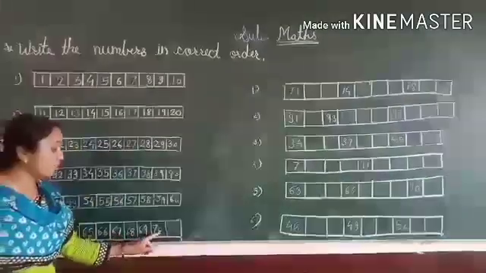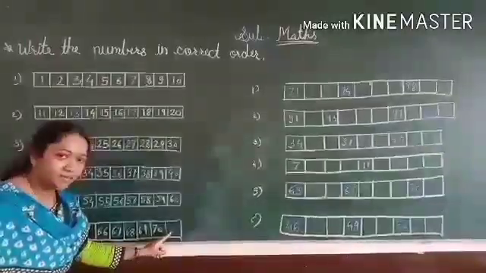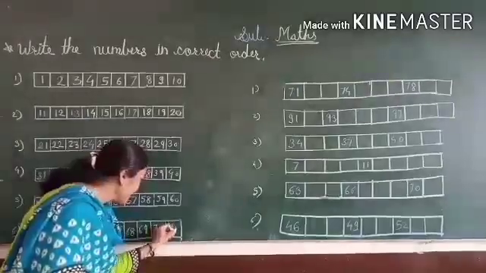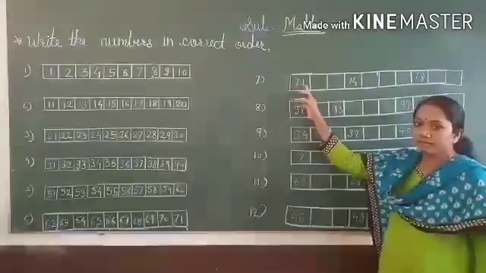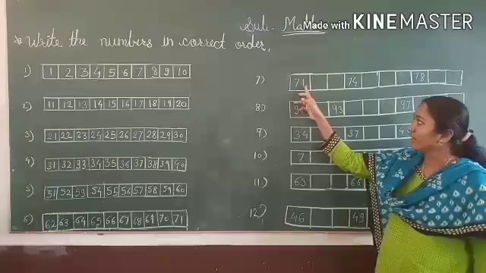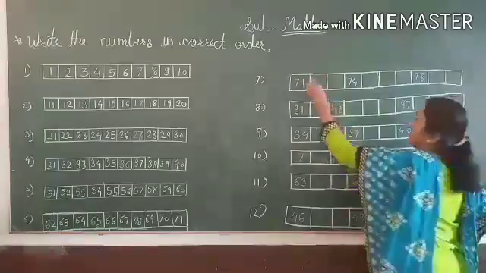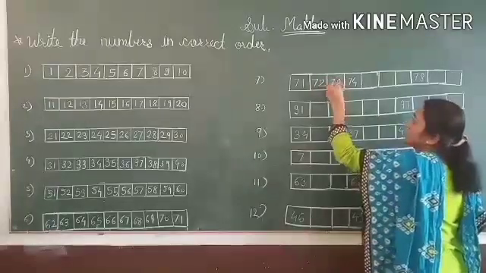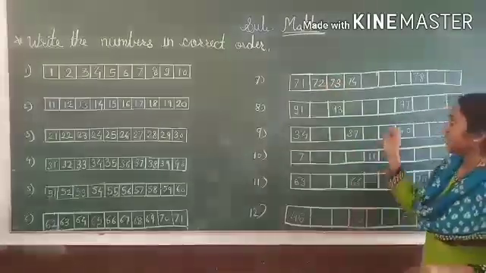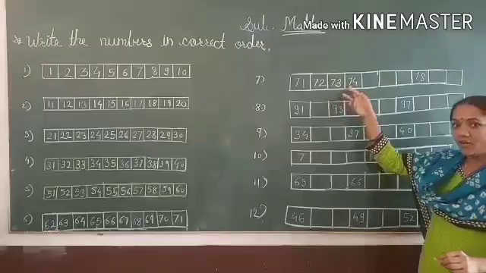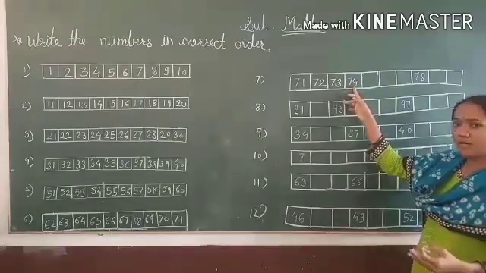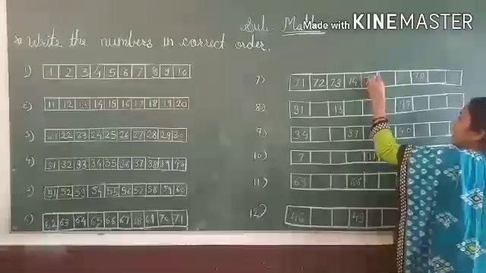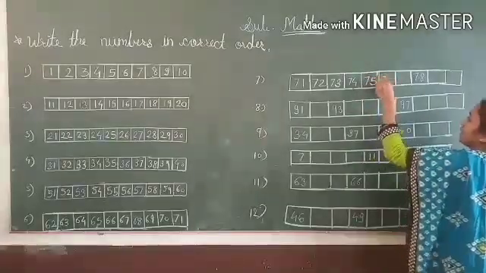And what is the number after 70? Yes, 71. After 71, which number? Yes, 72, 73. Here 74 is given. So which number comes after 74? Yes, 75. Then